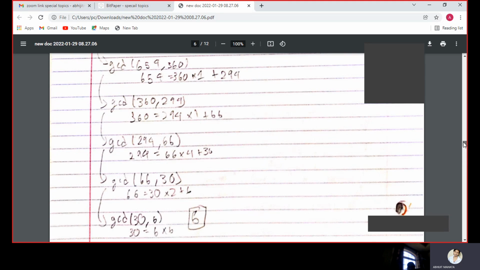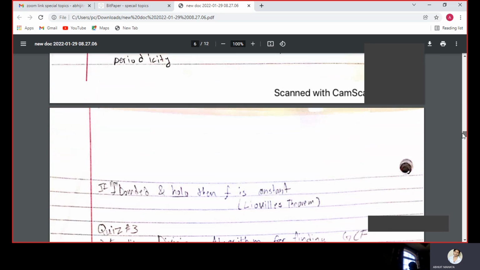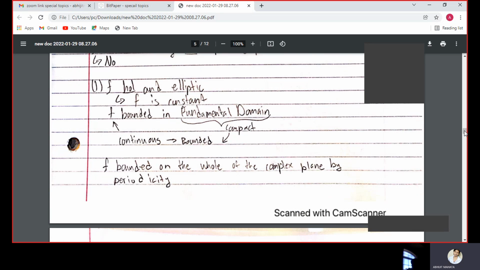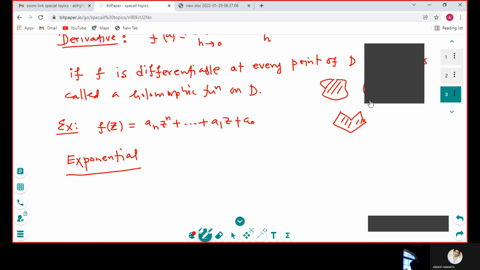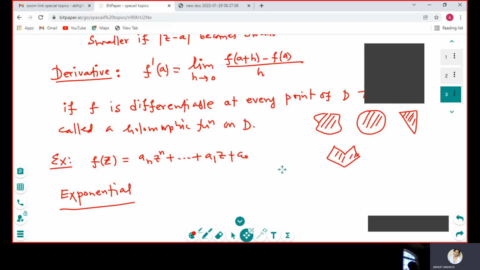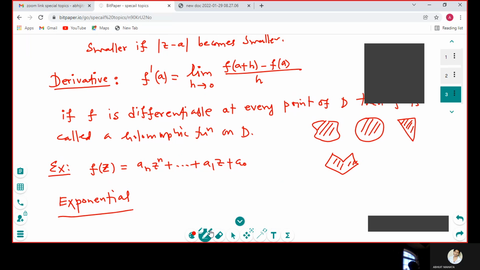That's why I'm introducing the holomorphic function term. Simply, if a function has a derivative on the domain, you call it holomorphic on the domain. And now you can ask me the question: how is the derivative of a complex valued function defined? Similarly, as you defined it for the real valued function, the same thing is defined here. I wrote it here, the definition.